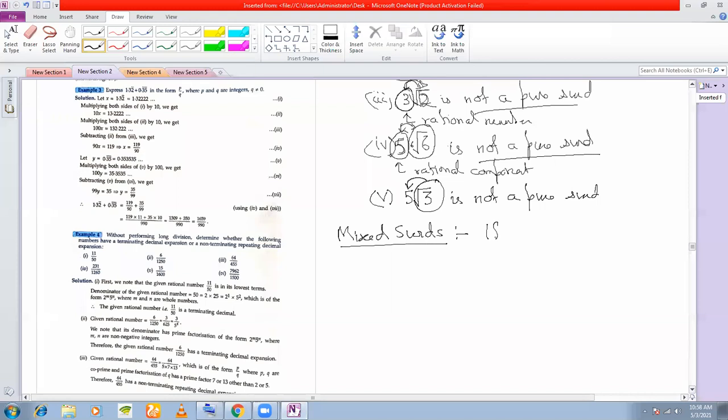If a pure surd has a rational component, or has a rational number attached to it as a product,